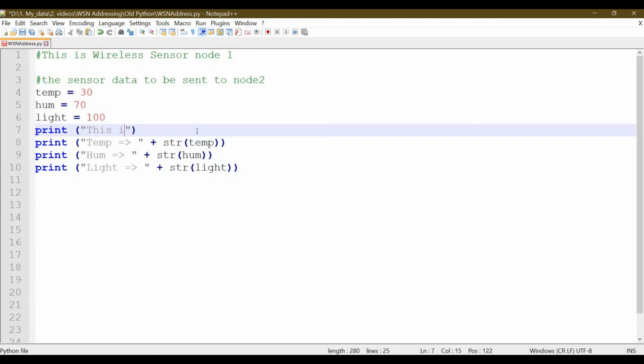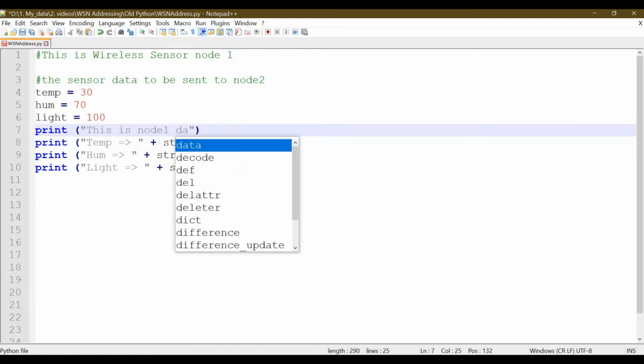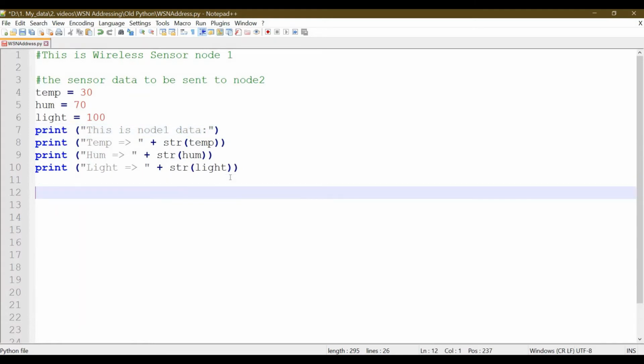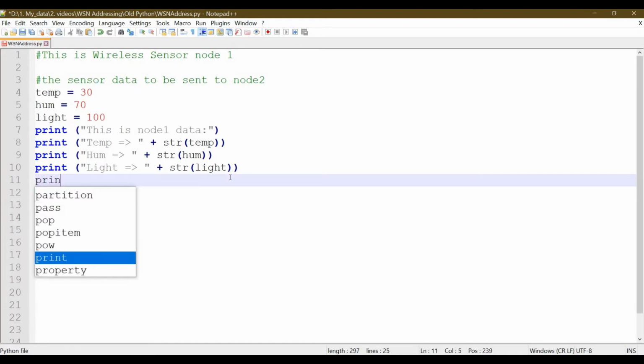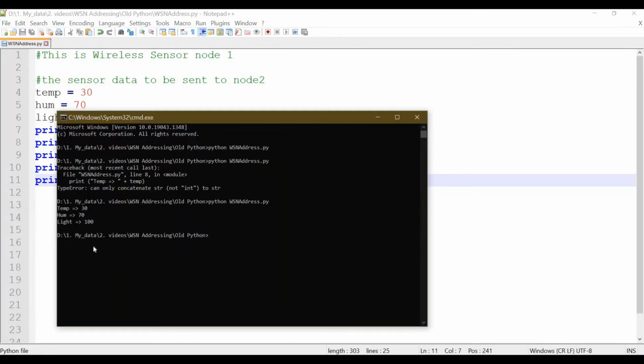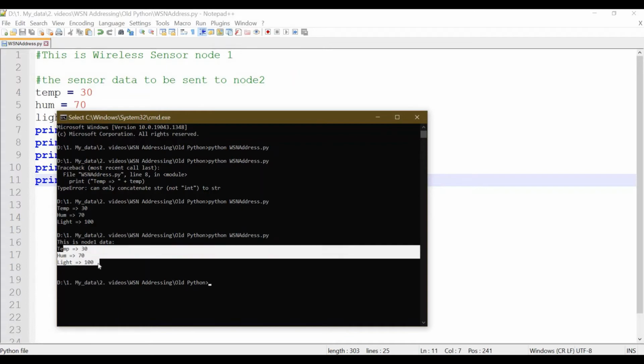The node 1 data. And let's add a space, just like an empty line. So if we run again, you can see this is the data that we need to transmit to